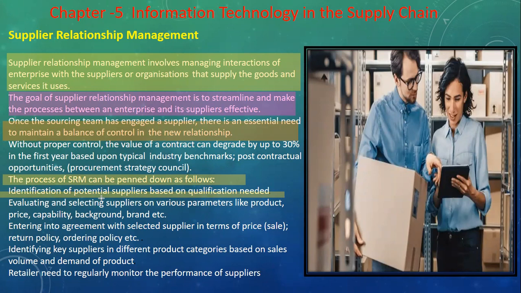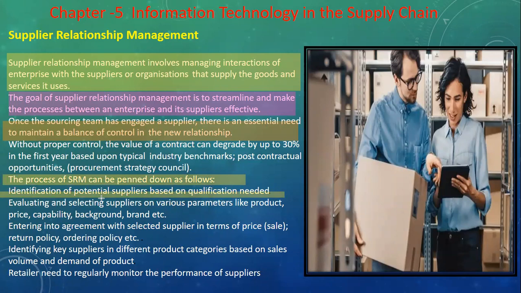If quality is not okay, then you will face a problem. If delivery is not okay, then you face a problem. So you need to identify the potential suppliers, who are active and easy to deliver the product. We can say an attentive person, whenever you give the order, they will provide it